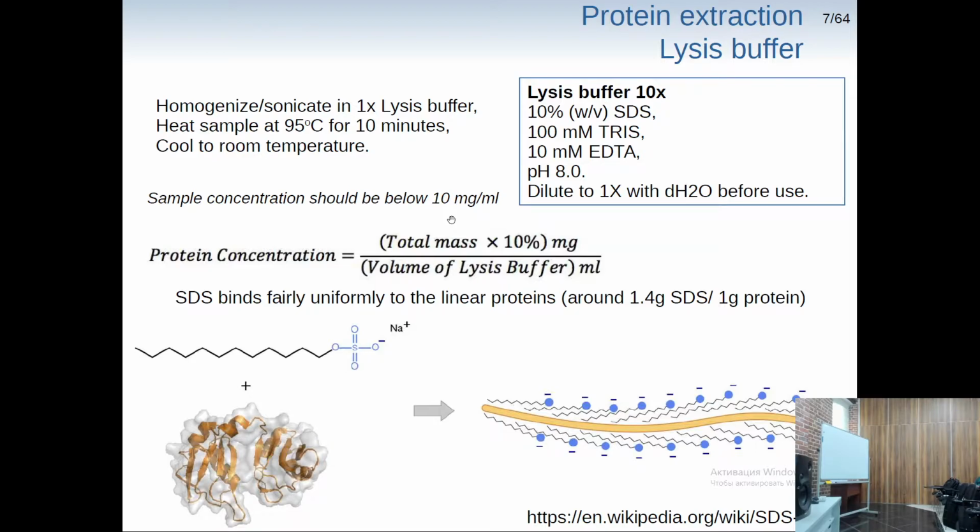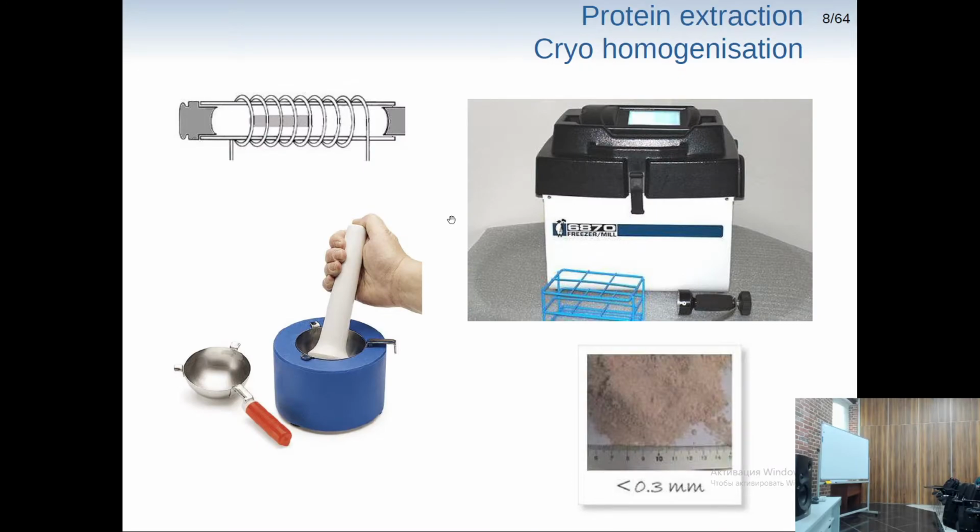Just use this simple formula. So now we have our sample, and actually what I would like to suggest is that if your sample is, let's say, a plant sample which has a lot of proteases, or some sample which is hard to crush, use cryo wells. You don't need to buy expensive ones which have this iron ball here, which just under nitrogen crushes your sample. You can use just a mortar and pestle with nitrogen, not a problem actually, and get results which are quite fine